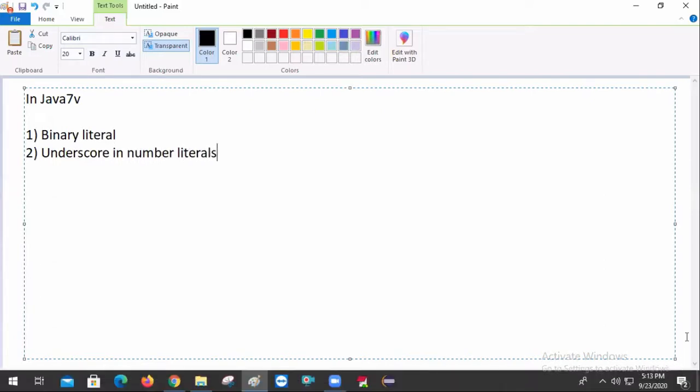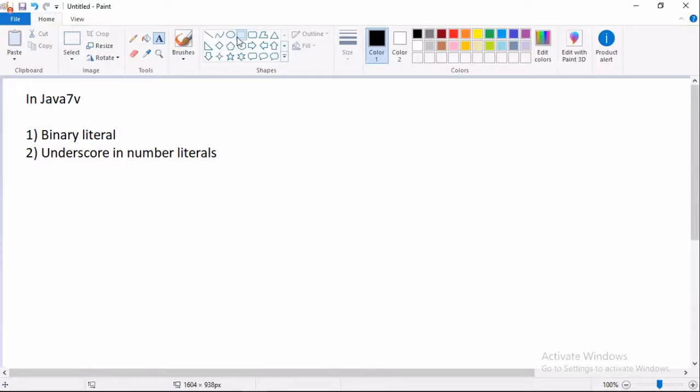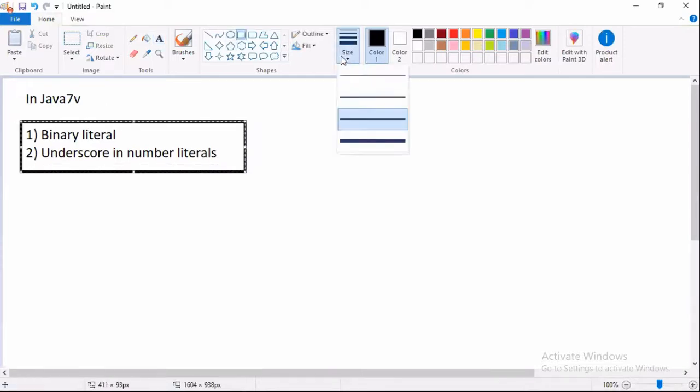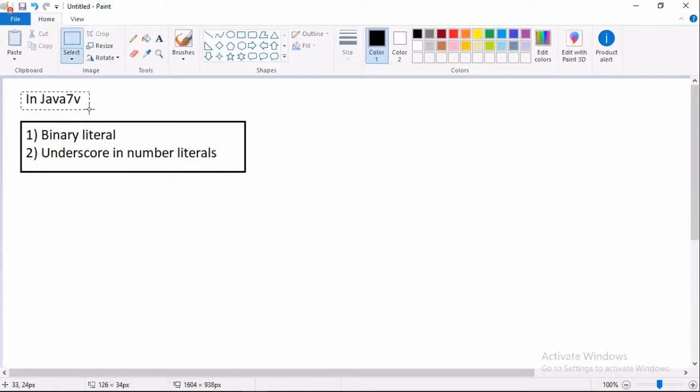What are the two enhancements? Binary literals and underscore in the number literals. Carefully observe. Binary literals are not available in Java up to Java 6. And underscore in number literals is introduced from Java 7.